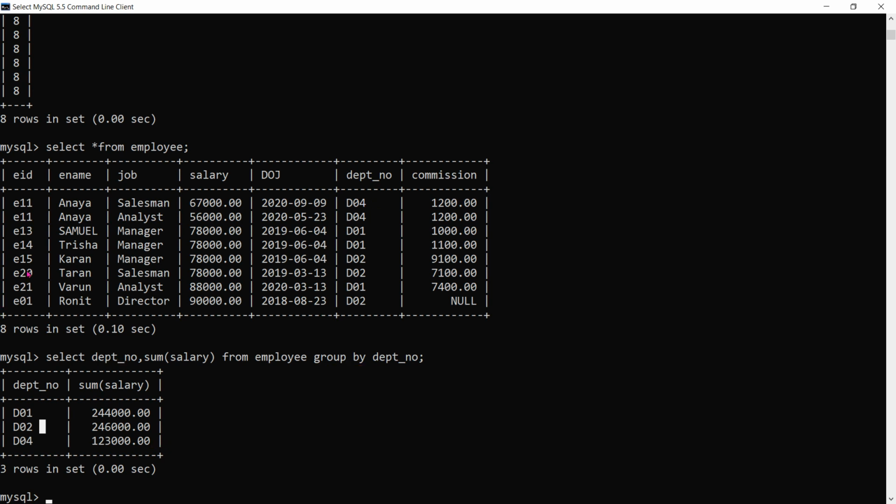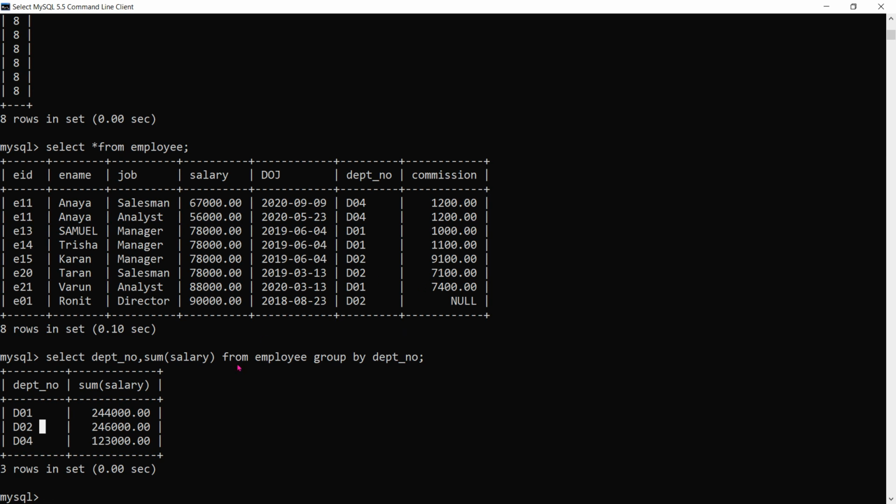Like sum is an aggregate function, so that is being used, and along with that department number. Department number is not an aggregate function, but it is grouped. So it is working as a group type, and along with a group function, it will work correctly as the values are being grouped.